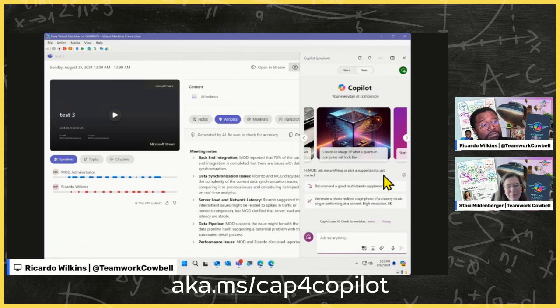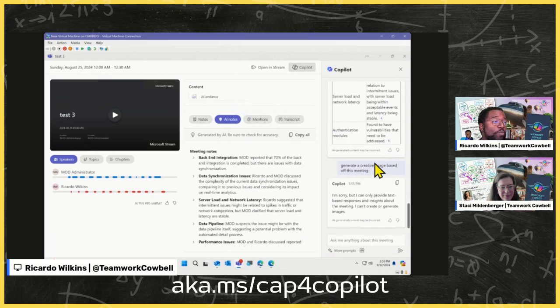So that is something some people don't know. We used to have Microsoft Designer be the exclusive place where you would generate images, but we've now integrated that into Copilot as well. Now, the Copilots that are in specific apps like Teams and whatnot are going to be a little more tailored and configured for that app.